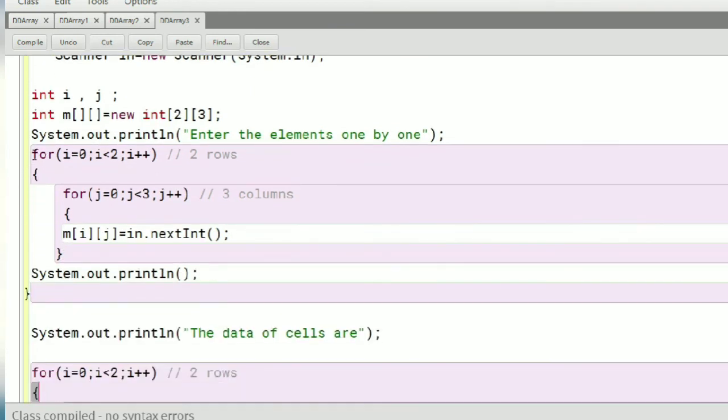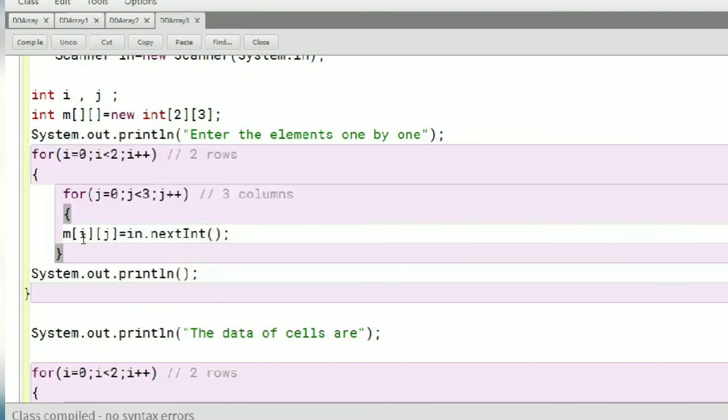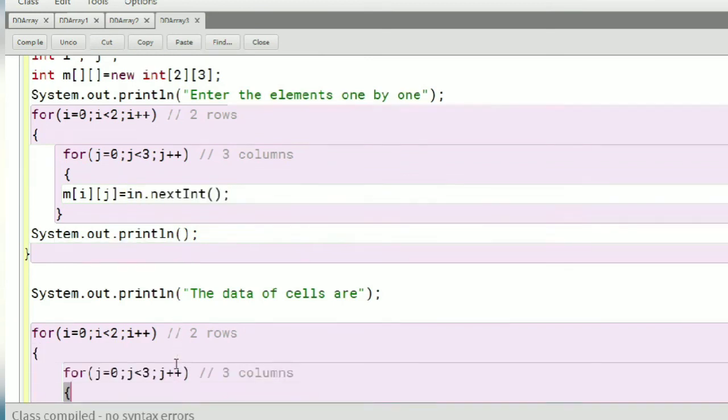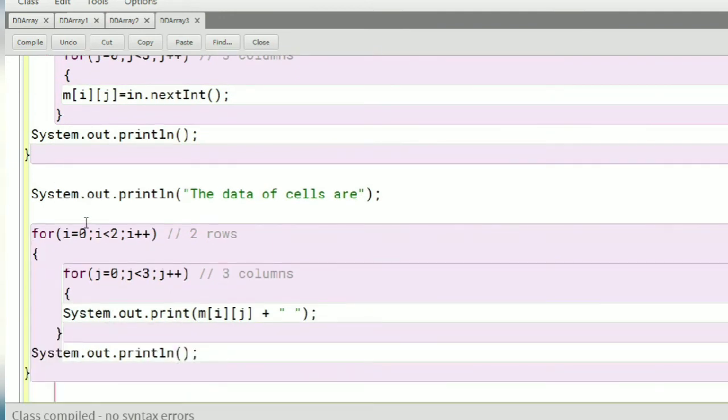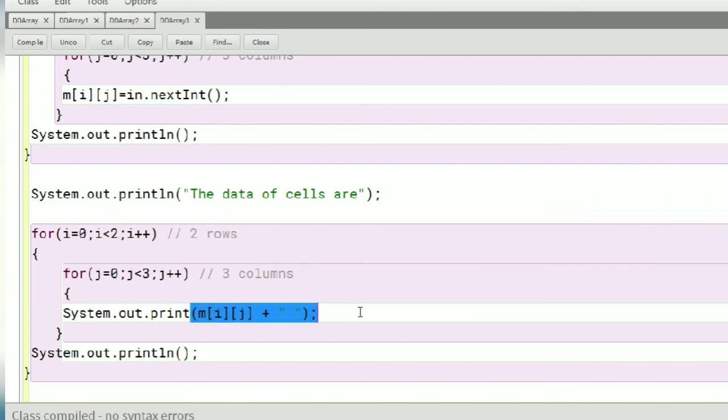So this is the capturing of data from the user. The outer loop is for rows, the inner loop is for columns, and in our array i is for rows, j is for columns, and we use nextInt because we are using the Scanner class. Printing is simple again.